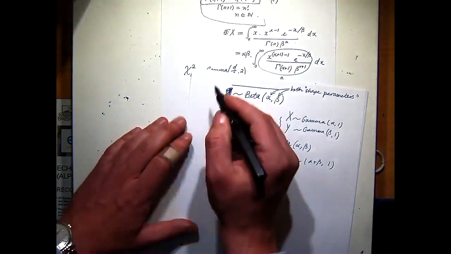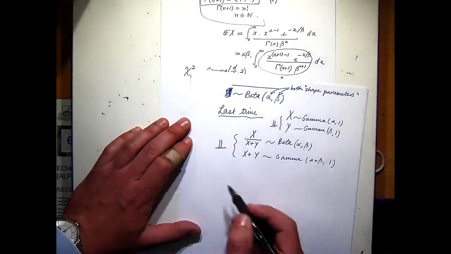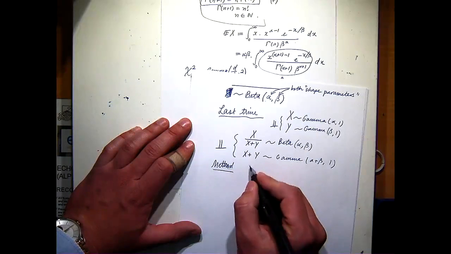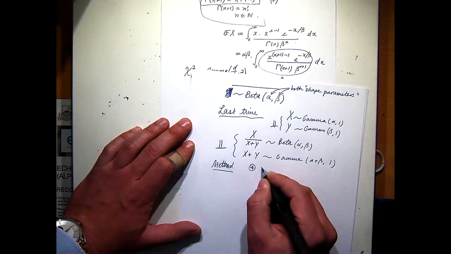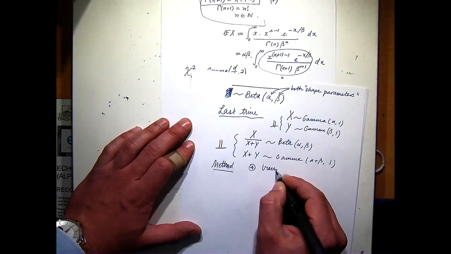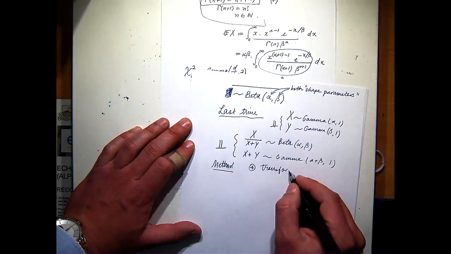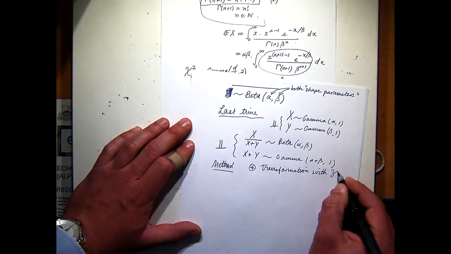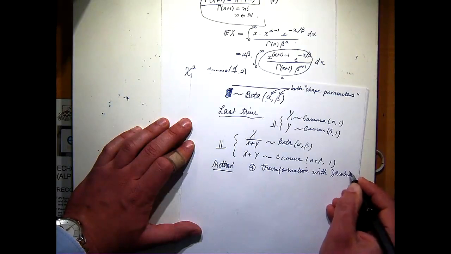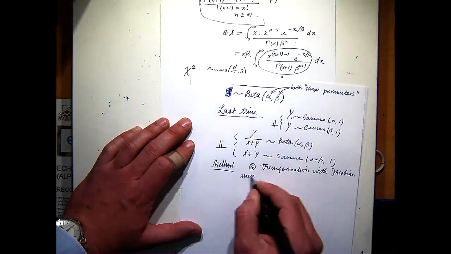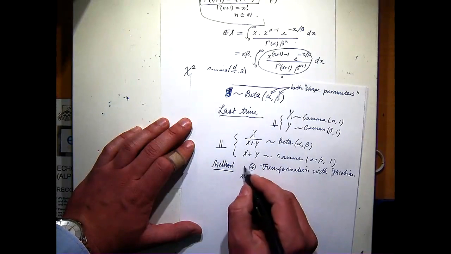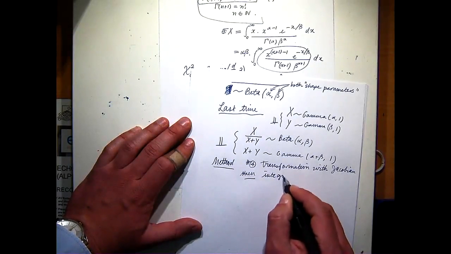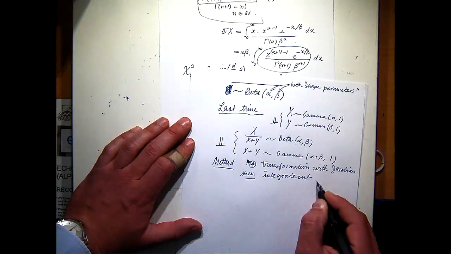And so if we imagine this guy being called U, and the method for proving that was method 4, which is the transformation method. Transformation method with Jacobian. That's the calculation we did. So that was the first step, and then the second step was to integrate out over